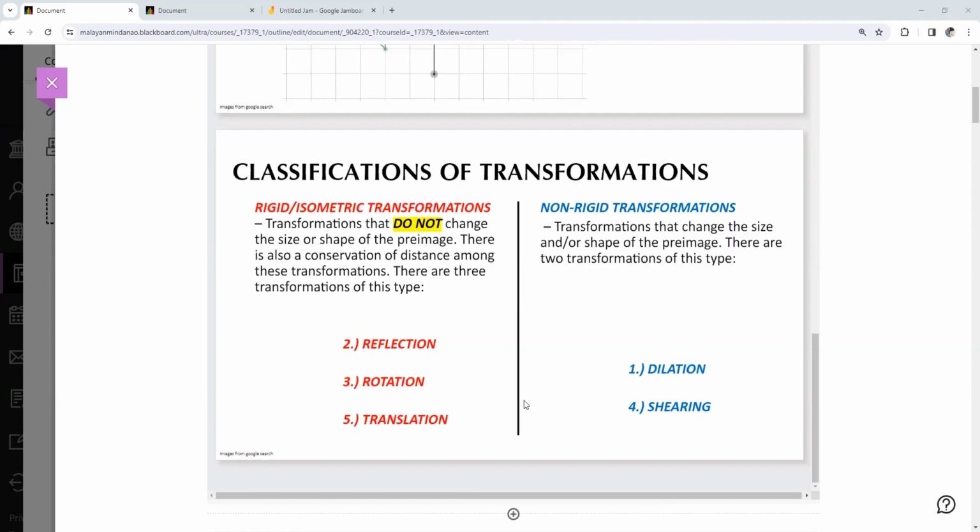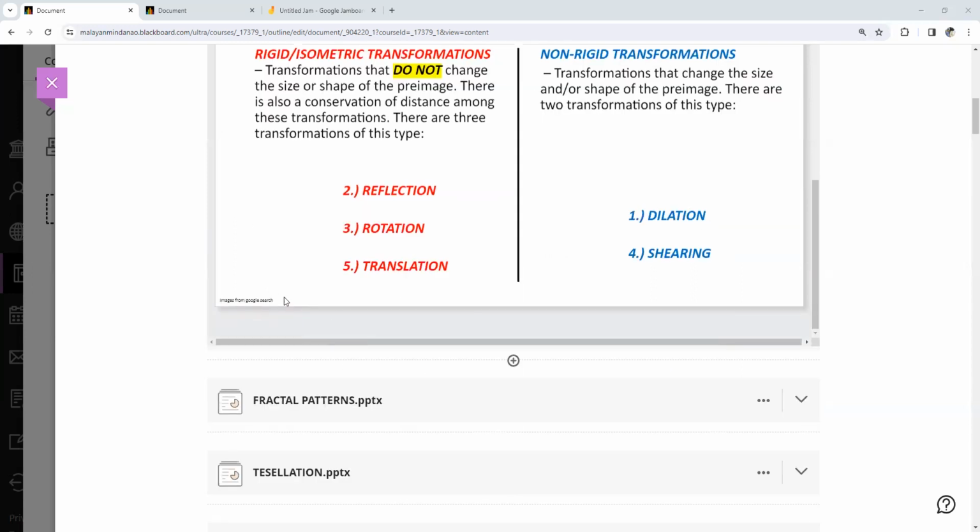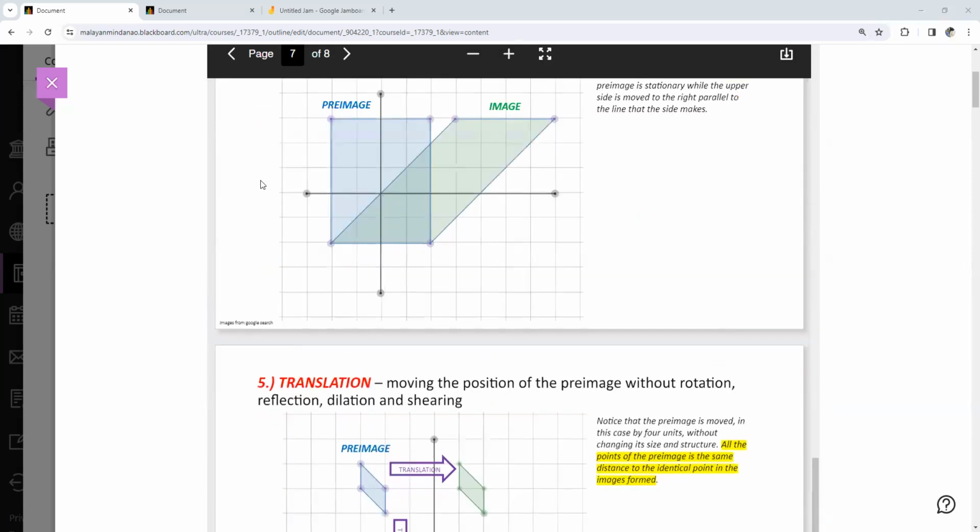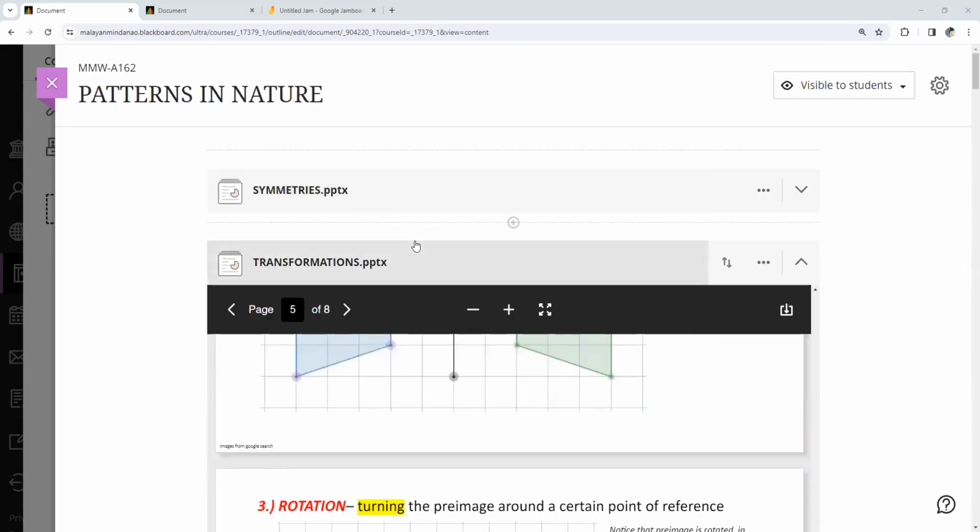You can also classify the different types of transformations as rigid or not rigid. And it is rigid if the shape did not change in size or the shape is not changed from pre-image to image. But a non-rigid transformation changes the size and shape of the pre-image. All right, so that's the end of our crash course in transformations. Let's talk about